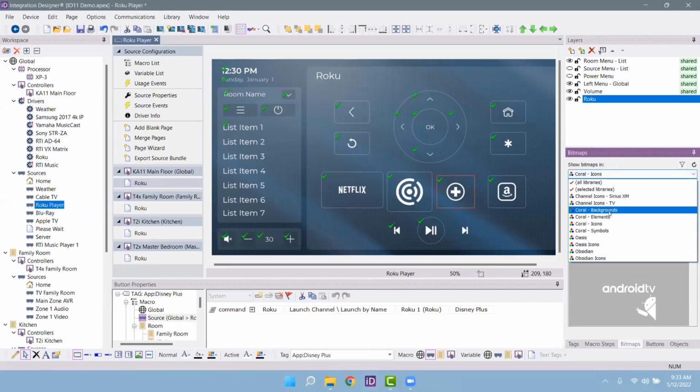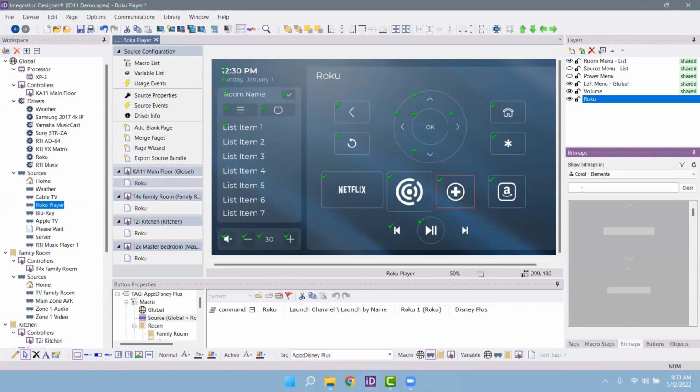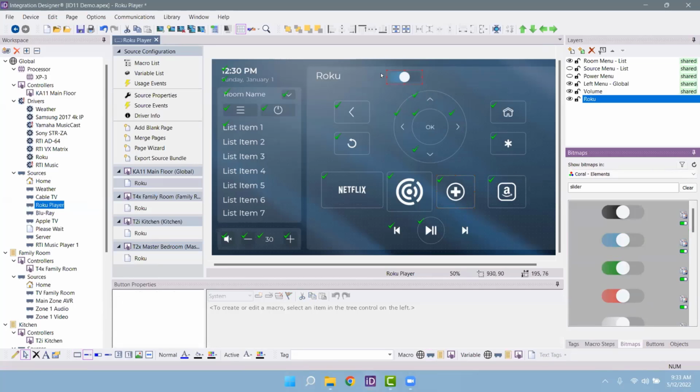Let's go to our elements here and let's search for slider. How about customized sliders that can be resized as well? Well, I don't like this size of this slider here, so I'm going to make it larger. Or better yet, I'm going to make this horizontal slider vertical. I'll grab the frame handles and, whoops, sorry guys, I'm on my laptop. It's kind of hard to see. And I can pull this down to make it a vertical slider. So that's the